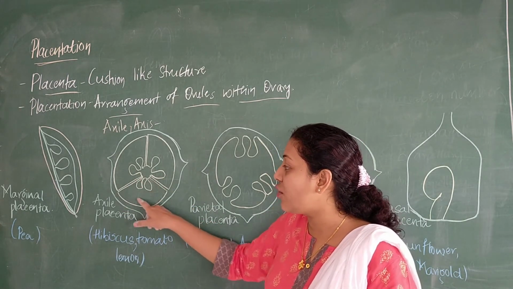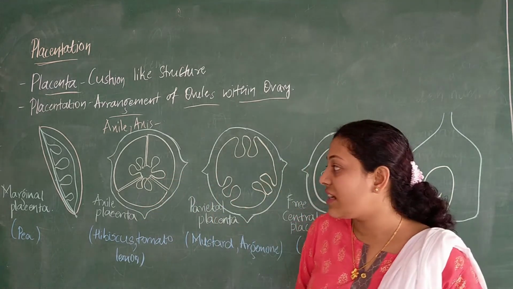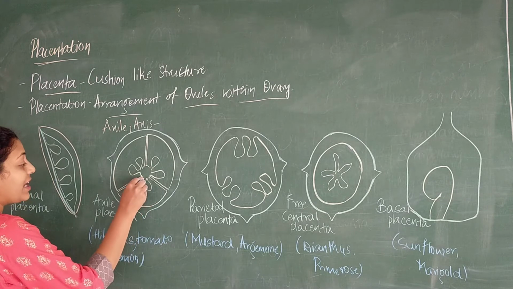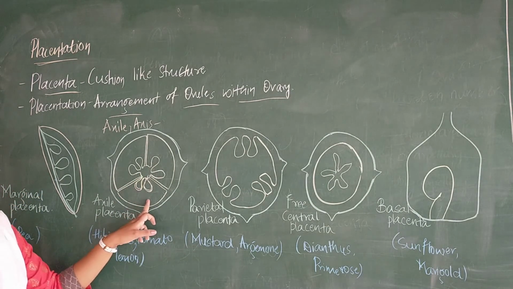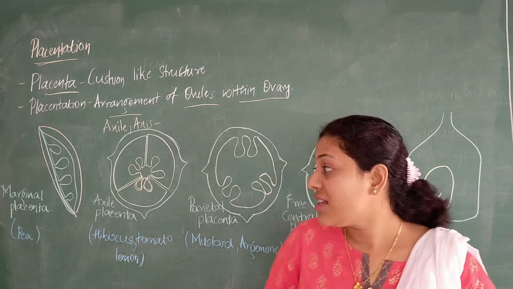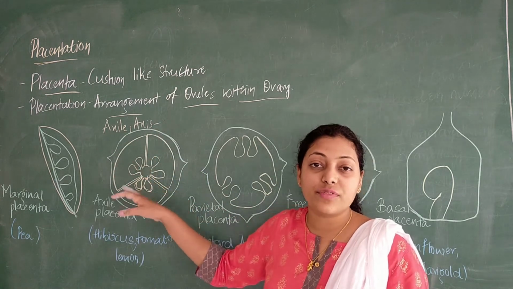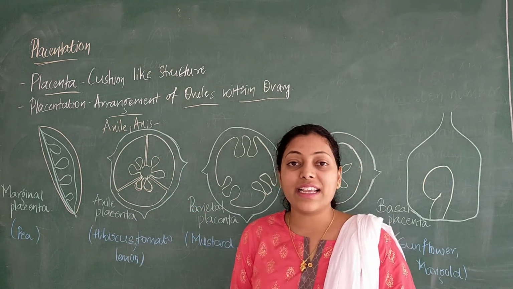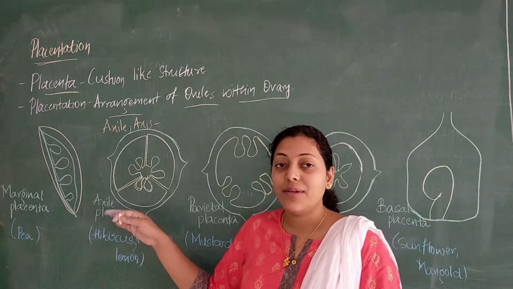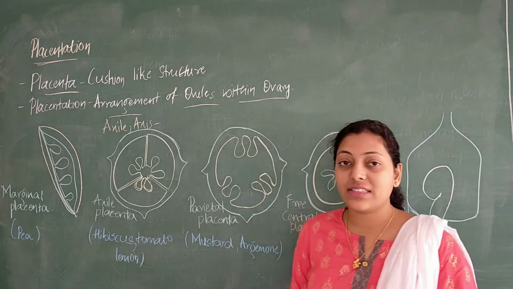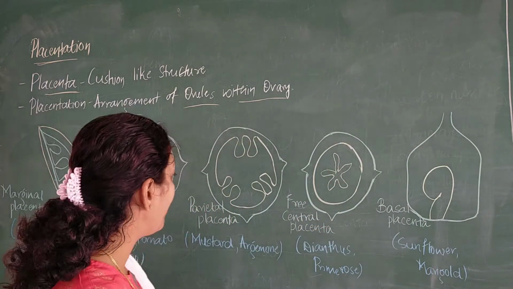This is the placenta over here, which you can see light greenish in color, and on this placenta itself we see ovules attached. These are ovules. So this is axial placenta. Here different axes of the margin are placed, and along the axis of these margins ovules are attached on the placenta, which is termed axile or axial placenta. Example, you can take hibiscus, tomato and lemon. This is about axial placenta.